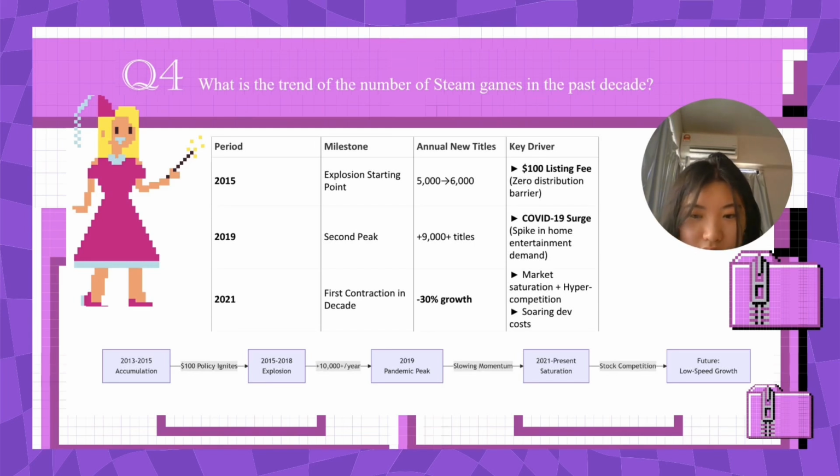By 2021, due to factors such as the market situation, intensified competition, and changes in the economic environment, the number of new game releases has declined significantly. For the first time in the past decade, the number of Steam games has gone from explosive growth to sustained growth, and then to relatively saturated and slow growth. The total amount may rise in the future, but the growth rate will be slower.